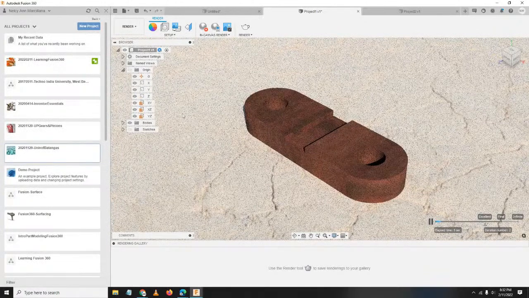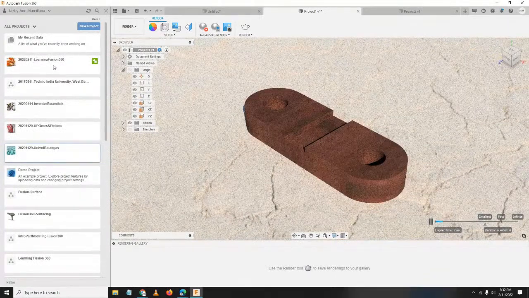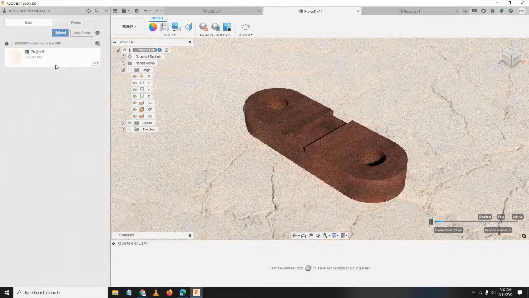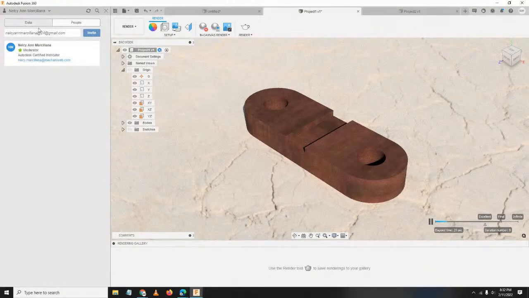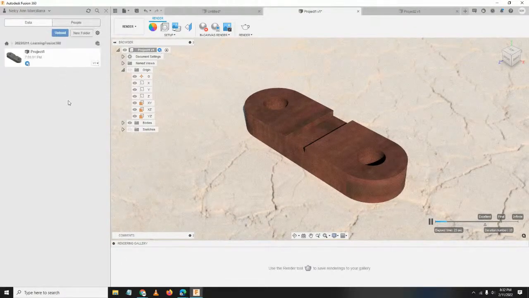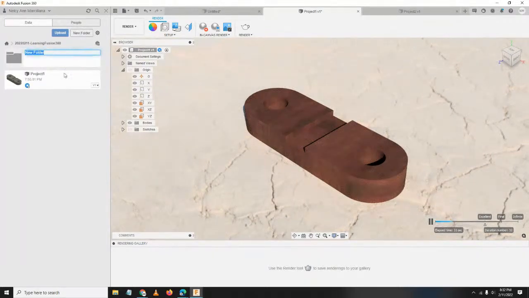So our folder or project name is 2022 0 to 11 Learning Fusion 360. Everyone who registered will be invited to this folder. We will invite you. Then in here, create a new folder. Don't clutter the outside. What you'll do is create a new folder with your full name.